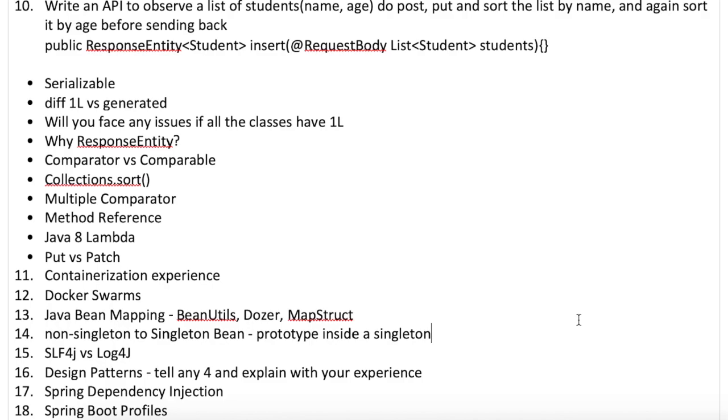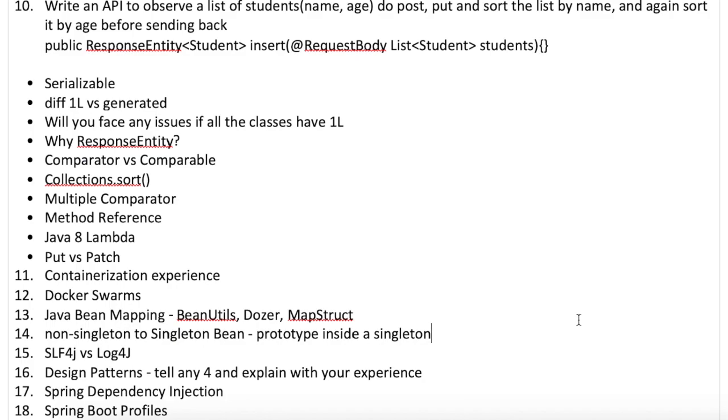And then this question was, let's say I'll give you an example. You have a system, okay? A request comes to your system and it has to go to a third party, okay? The third party is again a REST call. And the response comes back from the third party, and you have to send back the response that came from the third party to the end user or some other system, okay? So let's say you have this, how will you do bean mappings between your system and the other third party system?